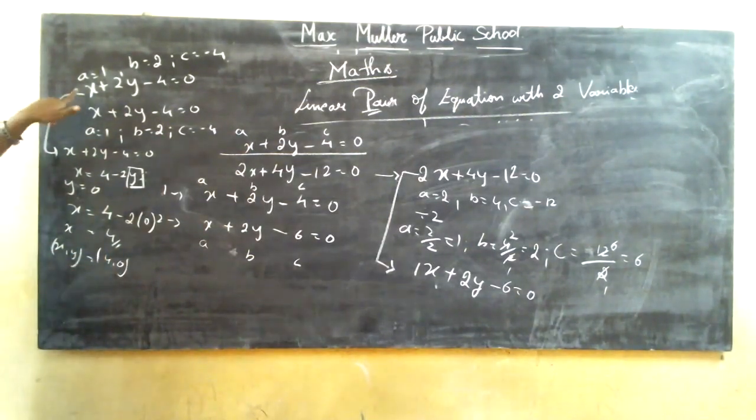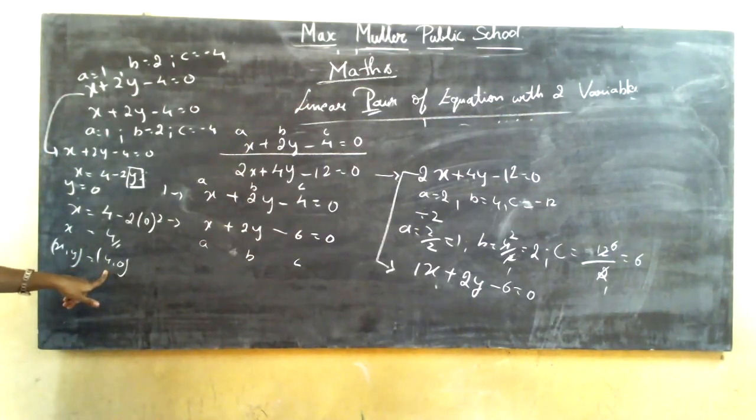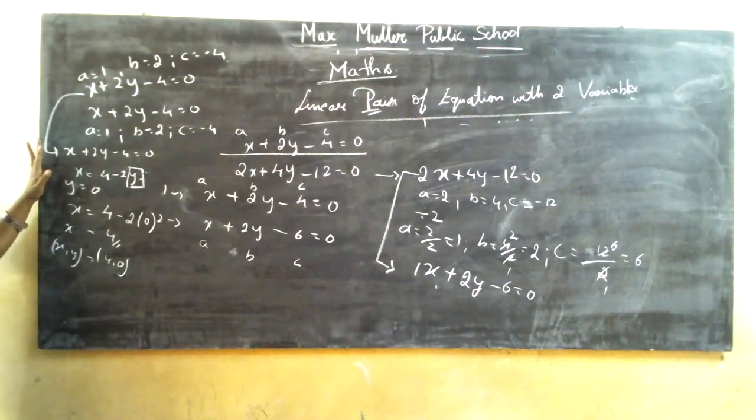Clear? Now the equation 1 and equation 2, both the equations are the same. I have taken only one equation and found out the x and y coordinates. So x and y value is the same. So if only one point is found out during the examination, and if you are able to justify that it is a coincident line, you can take it as a coincident line.